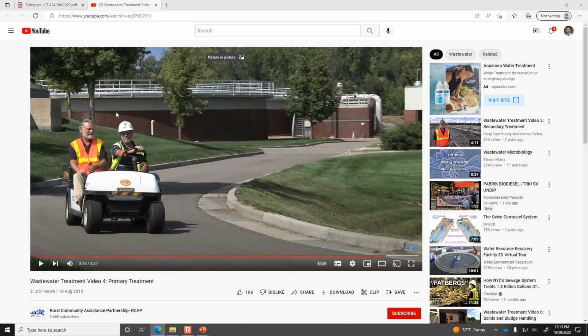Sounds like a lot of trouble just to preserve some fish, right? I mean, it's actually more than that. He says that the purpose of having the BOD consumed at the treatment plant rather than the stream is to prevent the dissolved oxygen from sagging too low in the stream so that you preserve fish. But the other issue is that